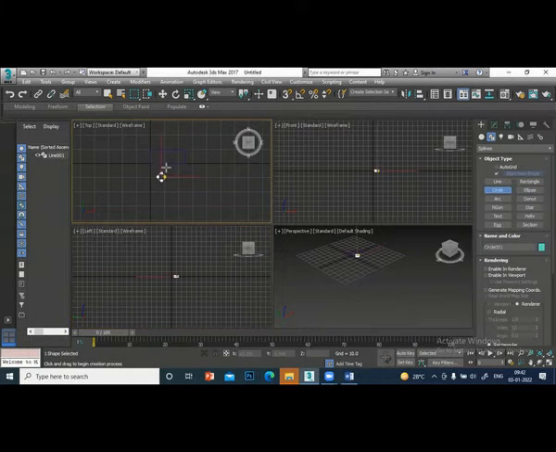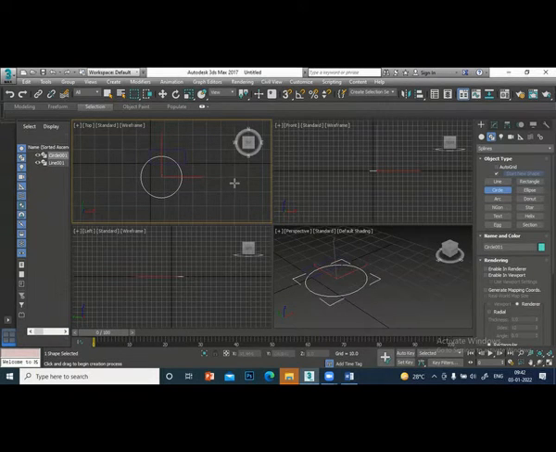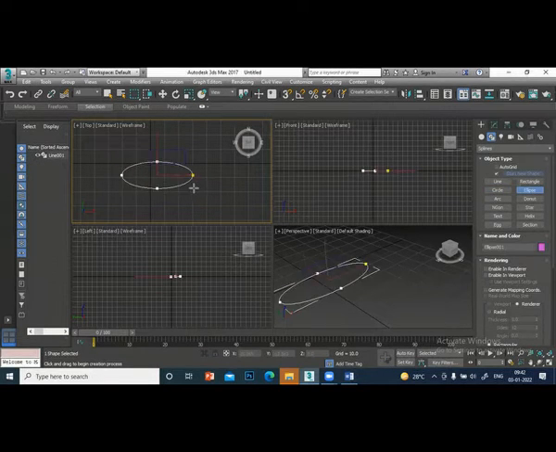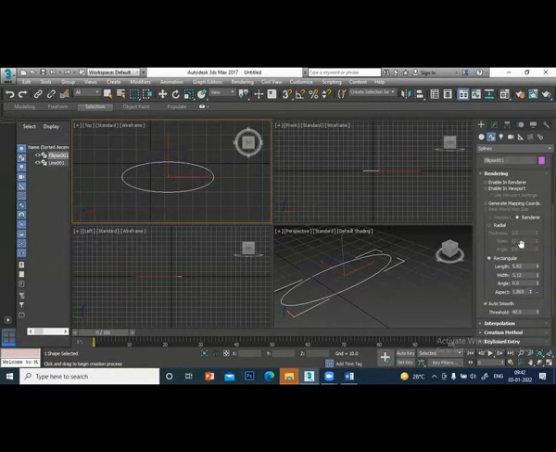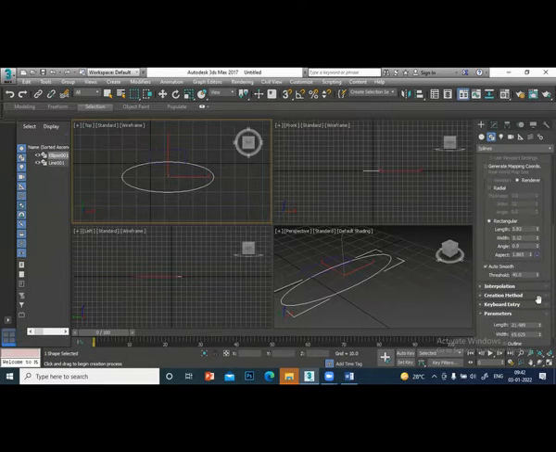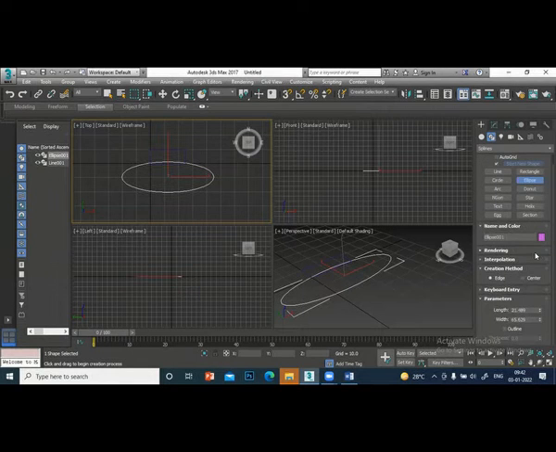Circle, very simple, straightforward, just draw the circle. There is no confusion there. Ellipse, you can draw an ellipse like this. When you don't want the rendering, switch that off. When you draw an ellipse, there is a provision here called outline. In the ellipse, there is an outline. That means you can have an offset for this. Click outline and give a value there.